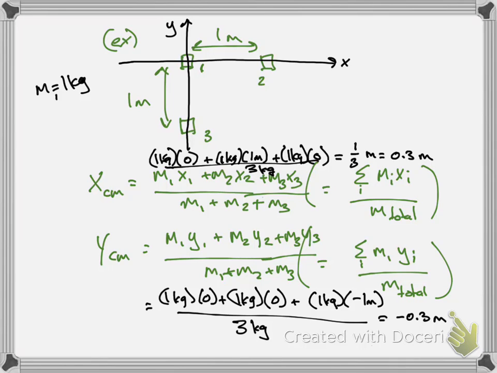So the center of mass of this system, where is that center of mass? Picture that center of mass. Where does this thing balance? It's about 1/3 of the way along and 1/3 of the way down. And so that center of mass is right about there, center of mass of the system. That's where it would balance. About 1/3 of the way along and 1/3 of the way down. Okay, so that's center of mass for point masses, and we can do that in 3 dimensions.